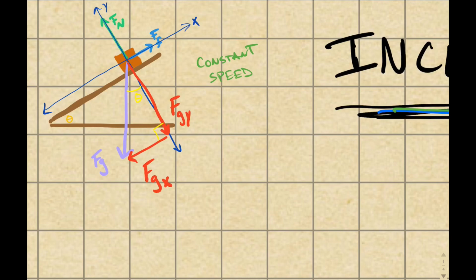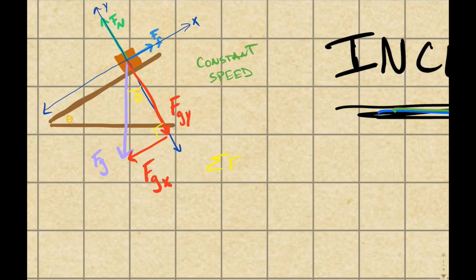So now we have this right triangle here, and we could do trig. Now, I'm not doing it right now. We'll do the example problem here, but this is just laying out one of the types of problems that you could see. So ultimately, what does all of this mean? That means that this component down here, the FGX, is the only one that we really care about, because